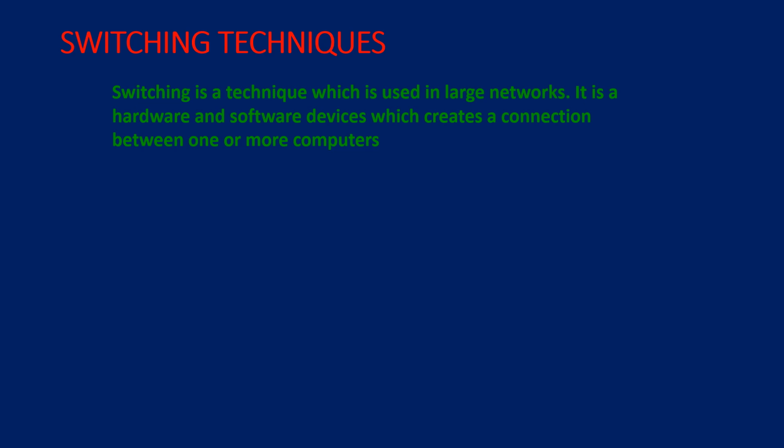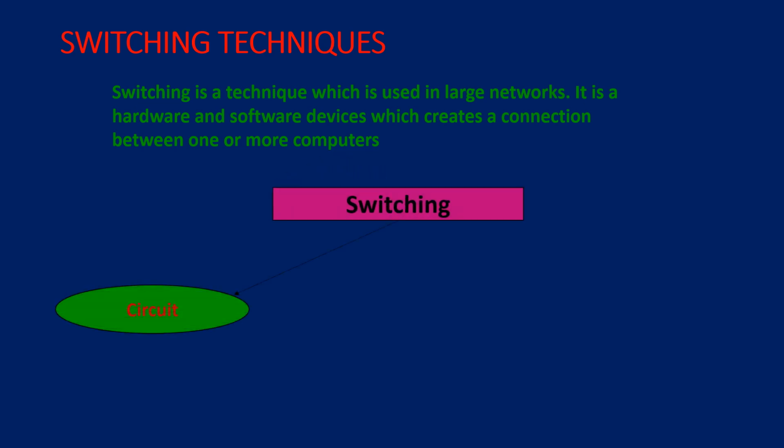There are three popular switching techniques available. First one is circuit switching. Circuit switching is a method of implementing a telecommunication network in which two network nodes establish a dedicated communication channel through the network before the nodes may communicate. The example of a circuit switched network is the early analog telephone network. When a call is made from one telephone to another, switches within the telephone exchanges create a continuous wire circuit between the two telephones for as long as the call lasts.